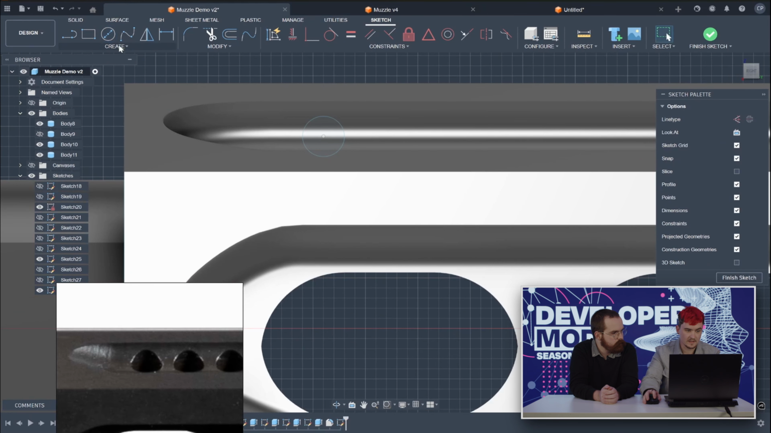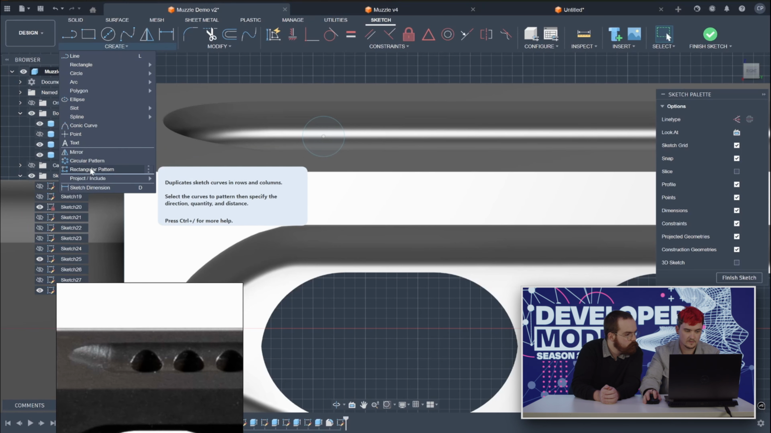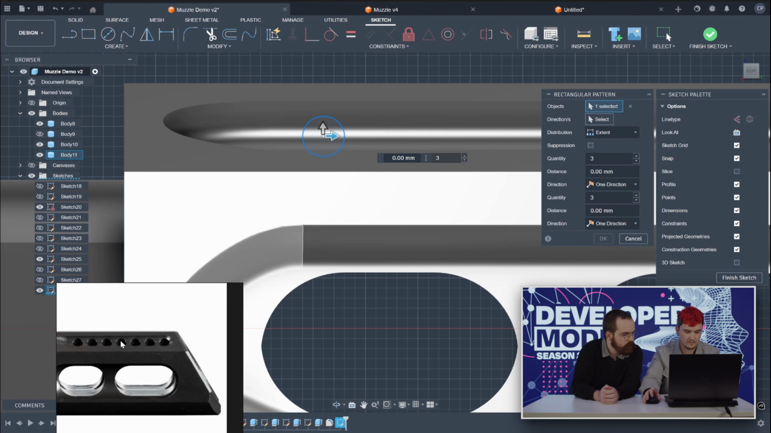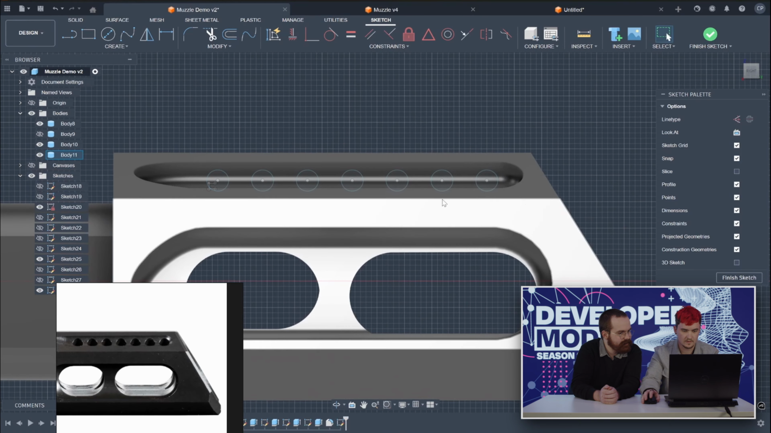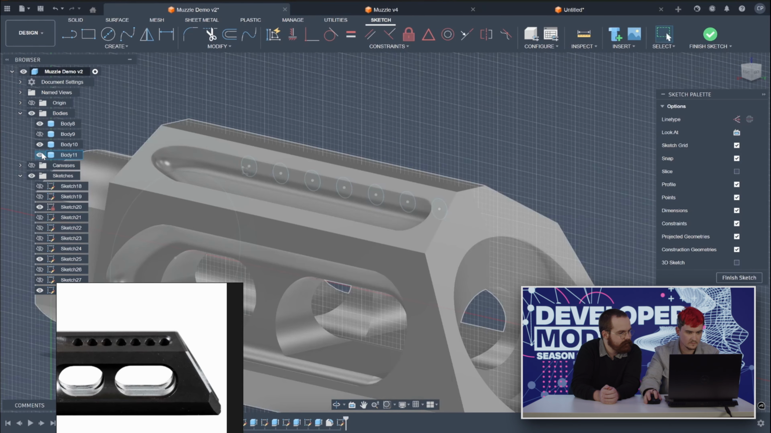You can mirror stuff in sketches as well. Come down here, it's not mirror, sorry, pattern. So I've got a few of these. So you can array the actual bodies itself, but you can also array the sketches. So I've got these here now. If I hide this,